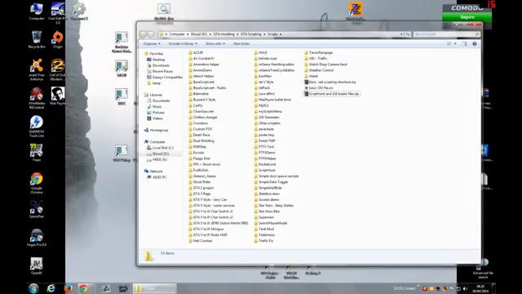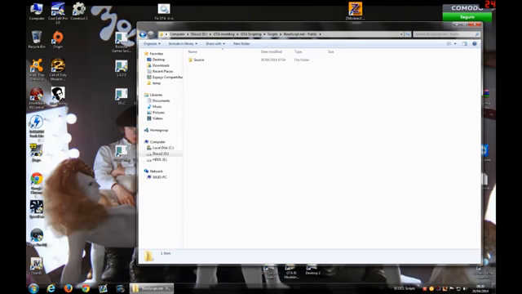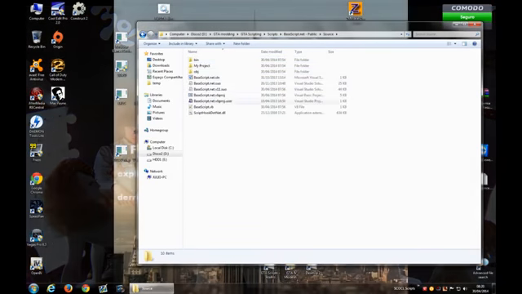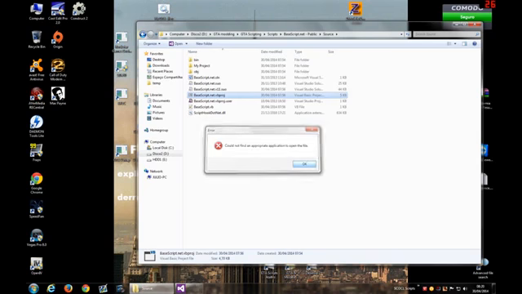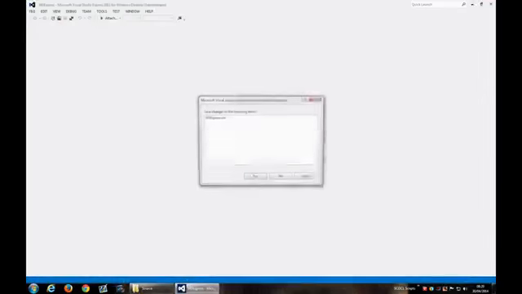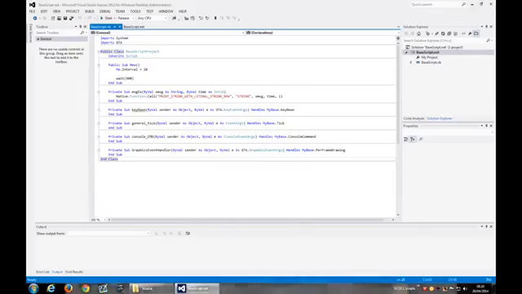Okay, so after installing this software, we need a basic project to be used. So I made this little file here that lets you easily open this VB project file here, that will load a basic project where you have the basic structure to start making a script.